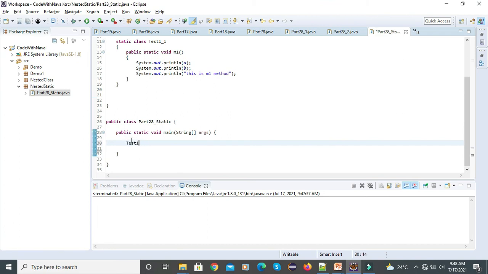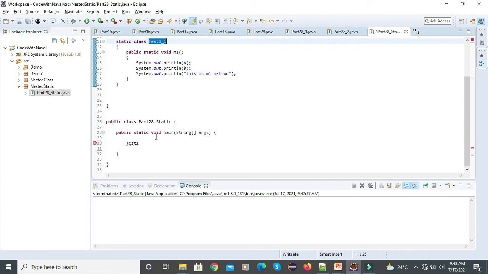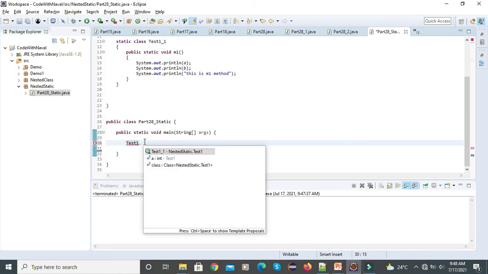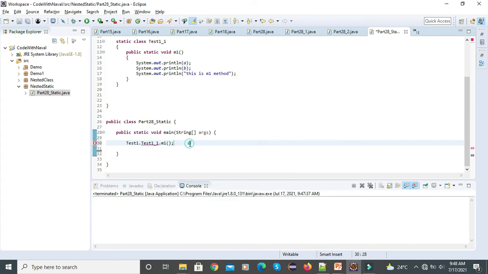First we have to access the test1 class. Inside test1 we have test1-1. For accessing this I'll simply add a dot, test1-1, and inside this class we have the m1 method. That's it. Let's save this and run it, and you can see you got your output.